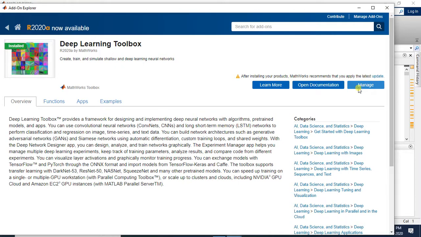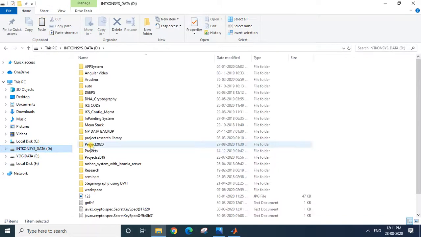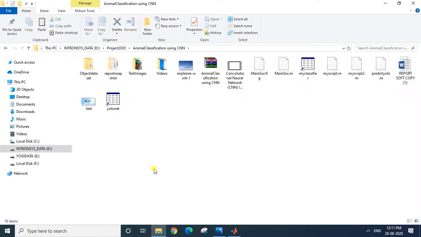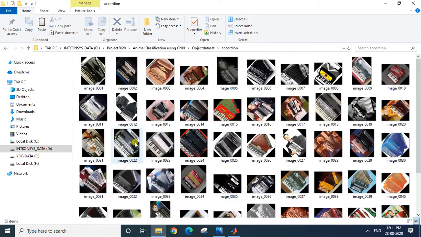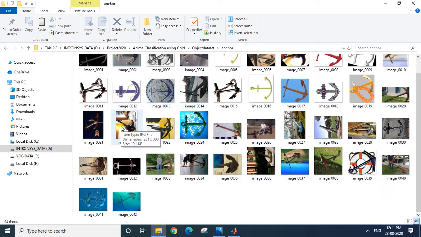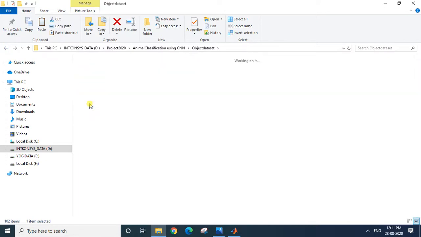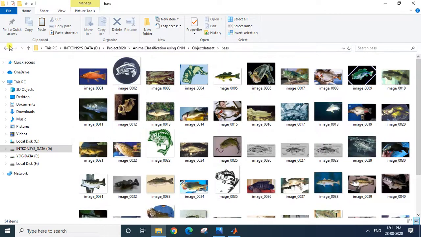Okay, I close this, and the second thing I want to show is the data set I have used. I have used the Caltech dataset, which is readily available across the net, and you can see this dataset has 102 different types of objects like accordion, airplanes, anchors, and if you go within this, you can see there are a number of images. Different objects have different sets of images, and each image is of a different size. You don't need a specific size of images; any size you can consider. Later it will be converted to a fixed size.